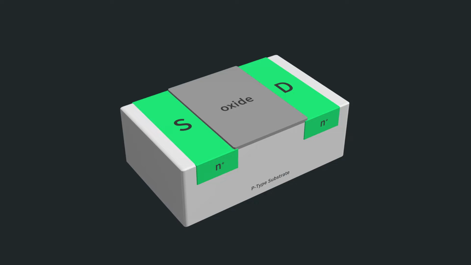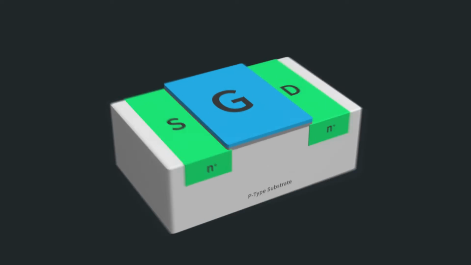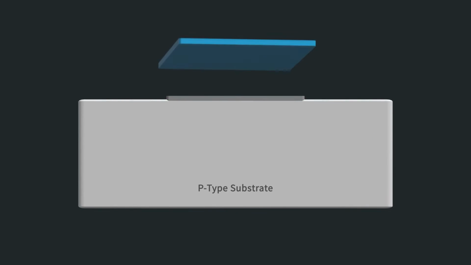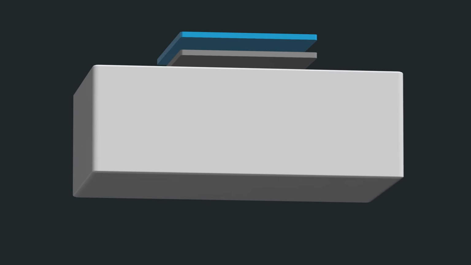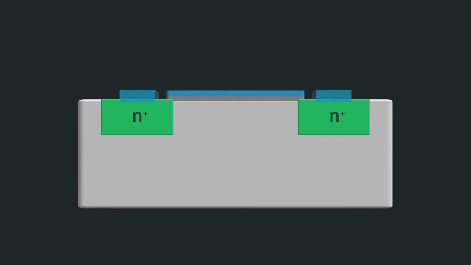Then on top of that, a layer of metal is deposited, which finalizes the gate structure. Now you can see where the metal oxide semiconductor in MOSFET comes from. But it may seem strange to have your gate being completely electrically isolated from the rest of the circuit. This is where the FET term comes in. Even though there isn't a direct electrical connection, the voltage on the gate creates a field effect.